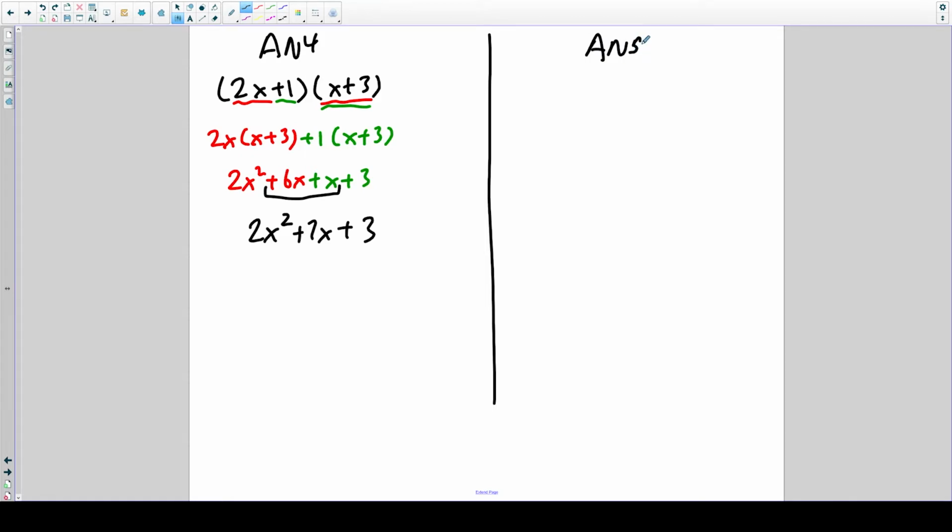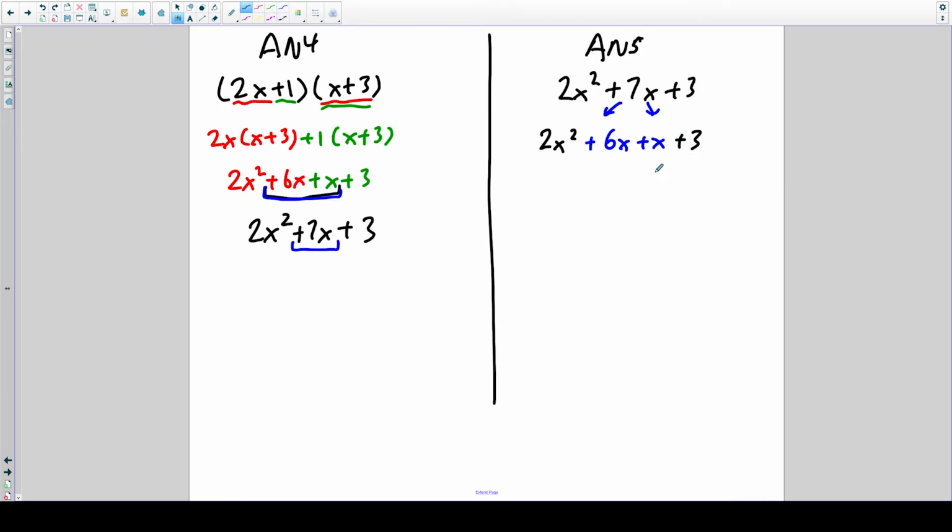Now in AN5, the biggest difference is that we're really just reversing what happened in AN4. So in AN5, we'd actually start off with our answer and try to make our way back towards here. So again, we'd have 2x squared plus 7x plus 3. And we're going to try to move backwards through our steps. So we have to find a way to come back towards this step. And you'll notice here that this middle term, this 7x, is actually a result of us adding those two numbers there. So really what happens is we would break up this middle term, that's 7x, into plus 6x plus x